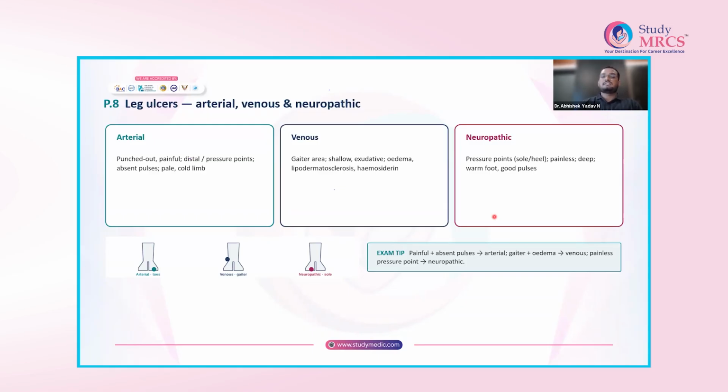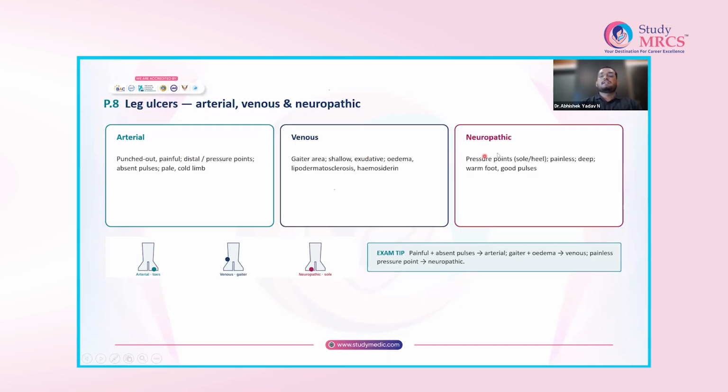That's an arterial ulcer. Venous ulcer is usually secondary to varicose veins, where the venous ulcers occur, usually in the gaiter area. The gaiter area is nothing but above the level of the medial malleoli. Because of conditions like lipodermatosclerosis or hemosiderin deposition, the skin undergoes ulceration and develops a venous ulcer. They have sloping edges and are very shallow in nature, and surrounding there will be a bluish hue